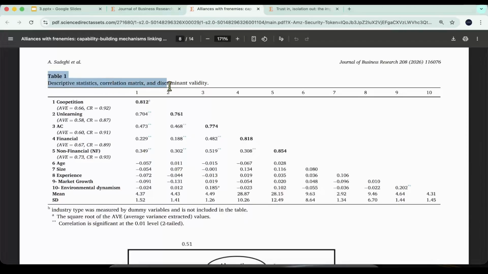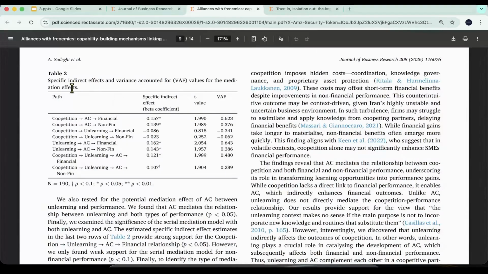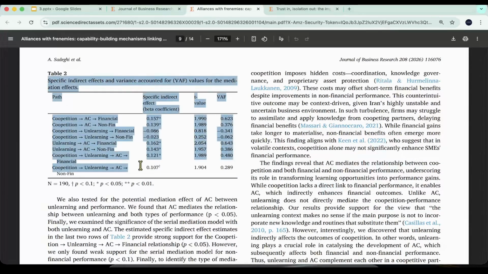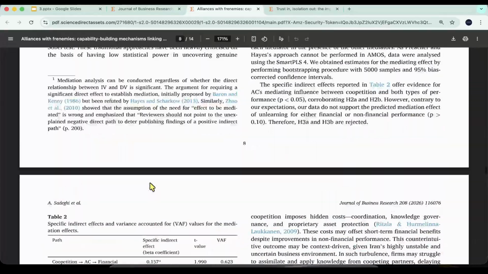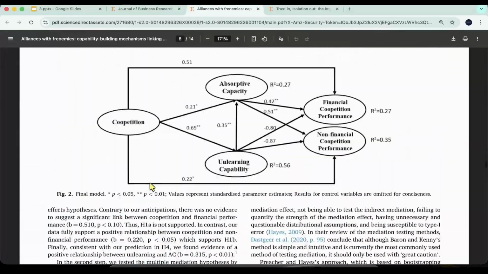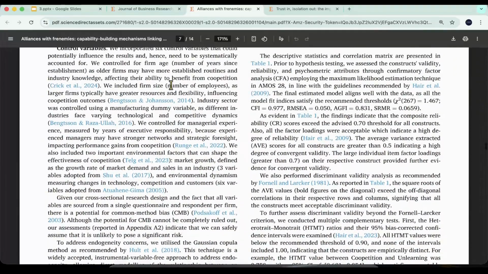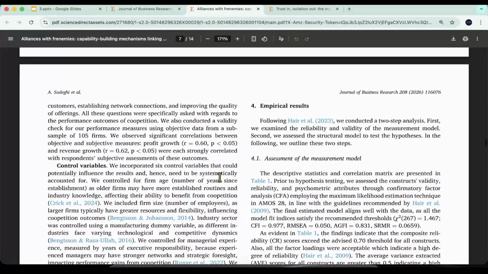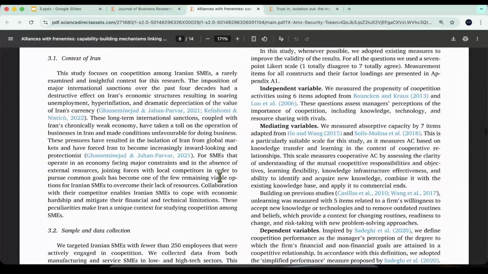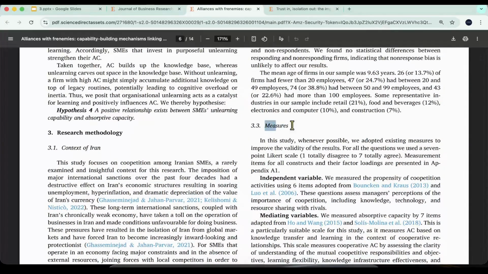Can we see Table 1, the descriptive statistics, and then this is the conceptual model, and this is Table 2, which indicates the relationship and validation of the model. And that's it. This is the structure. So exactly the same structure. Can we see? So this is how the findings should be done. And just to note once again, the findings should be speaking to the methodology promise, right? So whatever promise we have made in the methodological section, for instance, sample and data collection, then the measures, and then